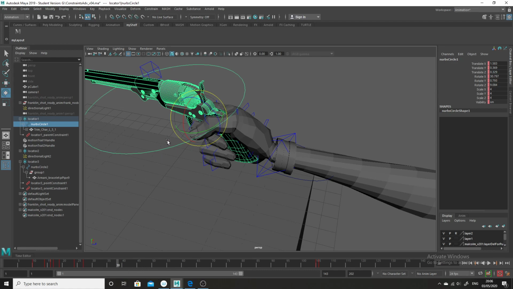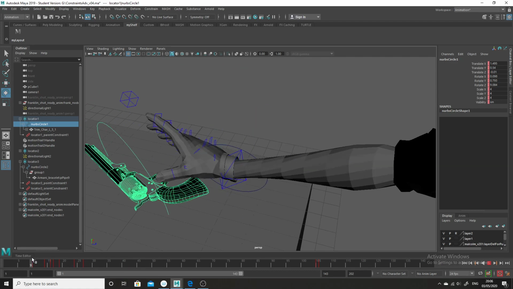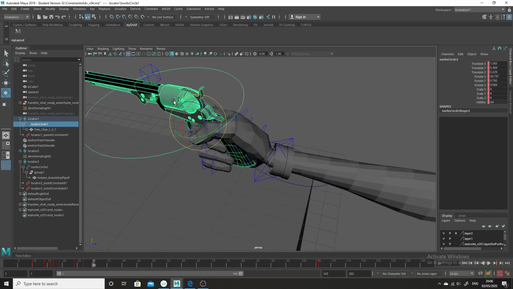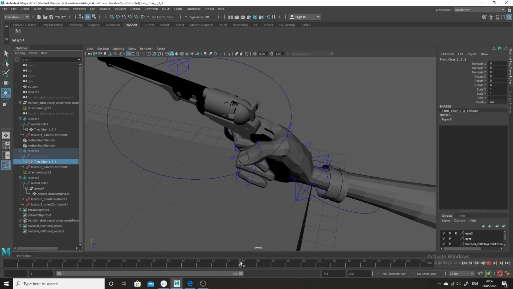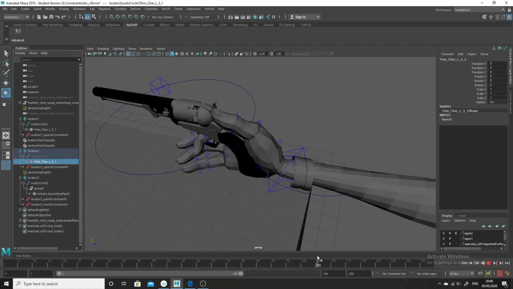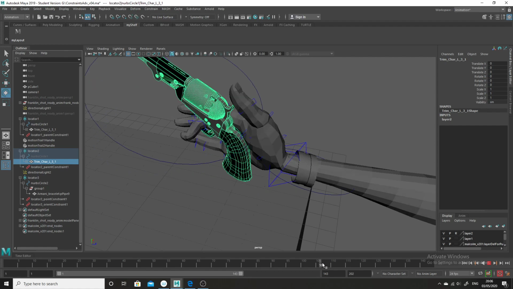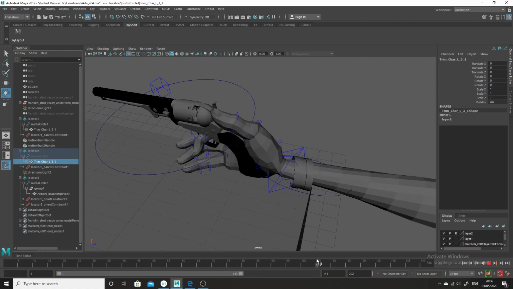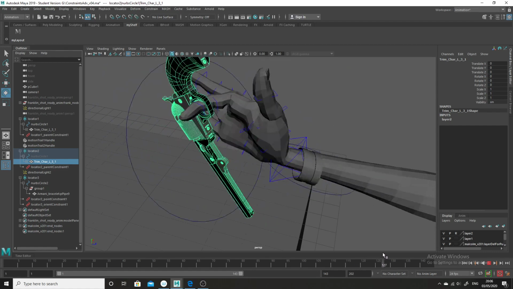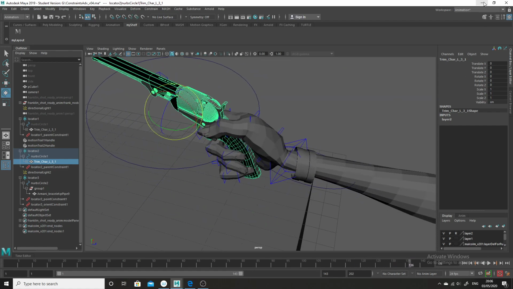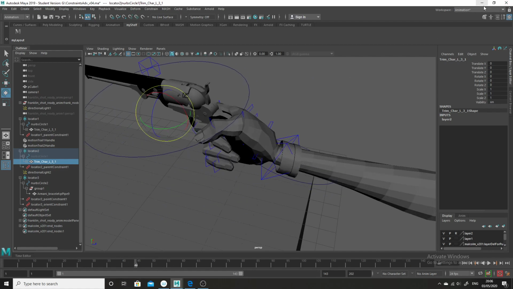Just to show you, I forgot to do it in this, but what I did was I used that trick of here, I simply brought in a new gun. You'll see I have another gun here, a second gun, which, when he swings it round in his hand, I actually just made this gun invisible and brought in another gun. I realized I'd made a mistake with the mesh, so I used that trick of making one thing invisible. See, this is where the new gun comes in, and basically you don't know the difference. So it's all smoke and mirrors. So if you can get away with it, hopefully this is